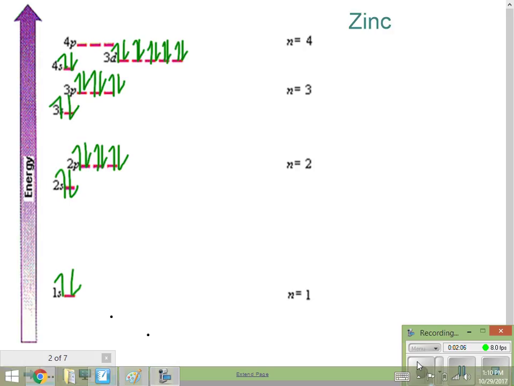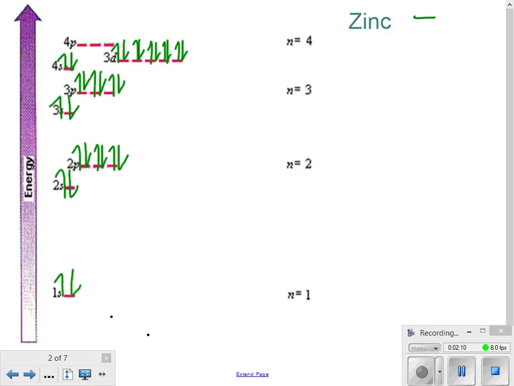The most common ion that zinc forms is actually +2, meaning that it would lose 2 valence electrons. Now, as we're looking at these, it might not make sense to you why it would lose 2 valence electrons, because then it doesn't look like we have a full shell. So one thing that I wanted to bring to your attention is that transition metals are really weird,